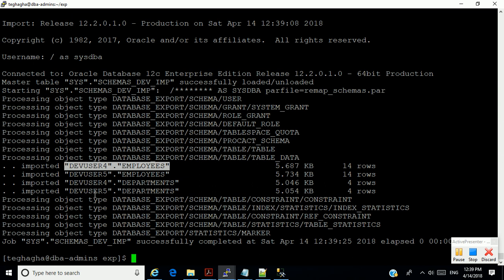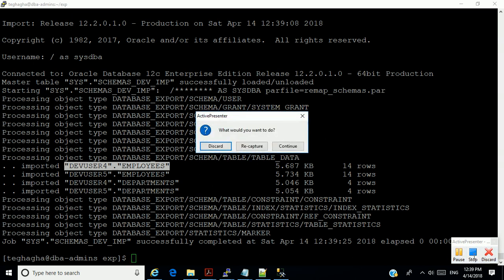Okay. So that will do for now. The next time I'm going to show you how to export over the network using DB links, and also how to export a tablespace and to attach a tablespace using the export data pump utility. So we'll stop here for this time. Amen. Thanks.